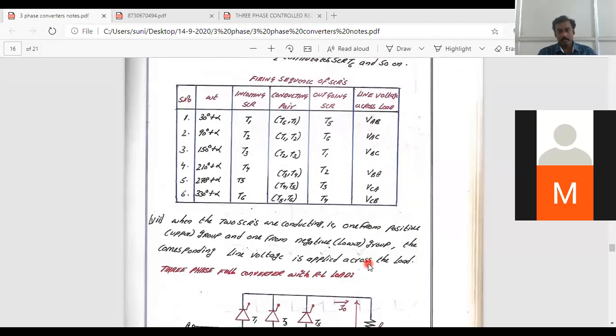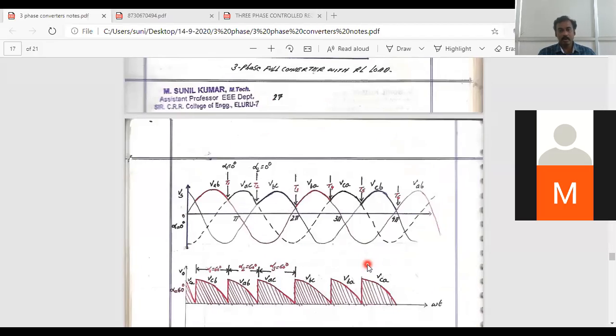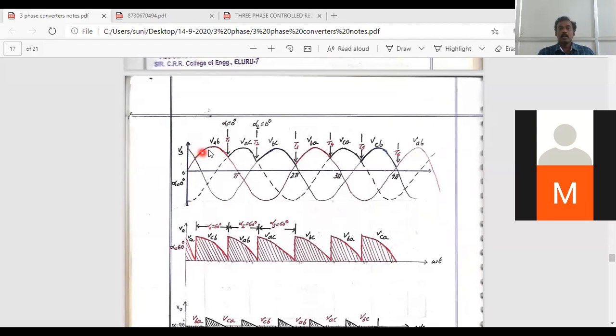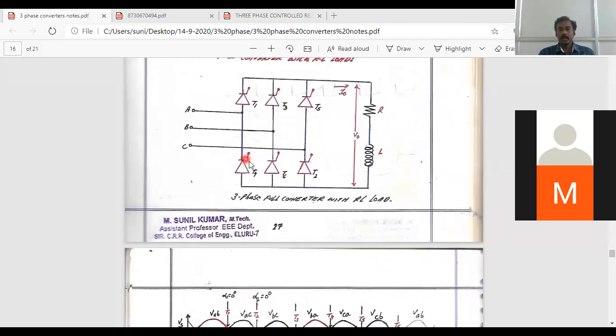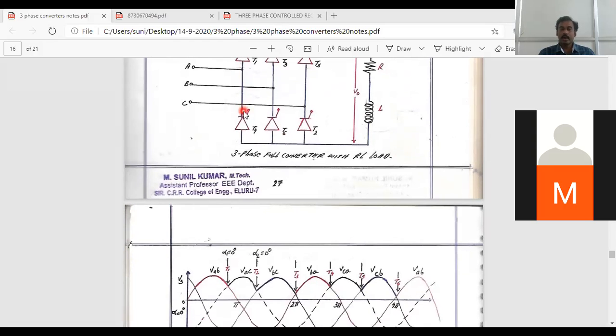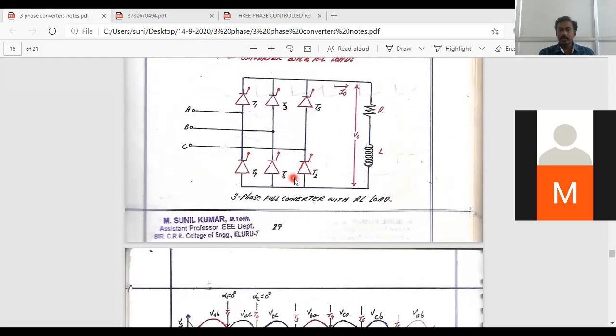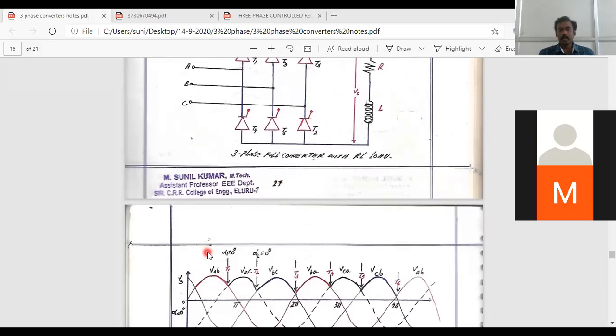across the load. Okay, so here whenever you are going to consider these waveforms, here supply voltage is going to be supply voltage AB, AC, VA. From this supply voltage you are going to have the output voltage. The output voltage is going to be the resultant of these two voltages. So you are going to have a device in the conduction, and one device is going to be in the conduction out of the negative. So you are going to have the resultant voltage provided to be VA minus VB. This is going to be the line voltage prevailing here.